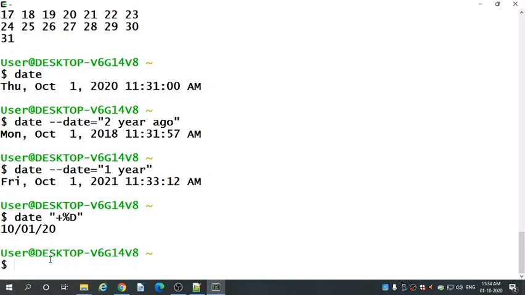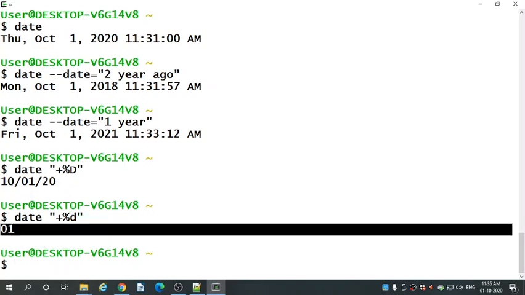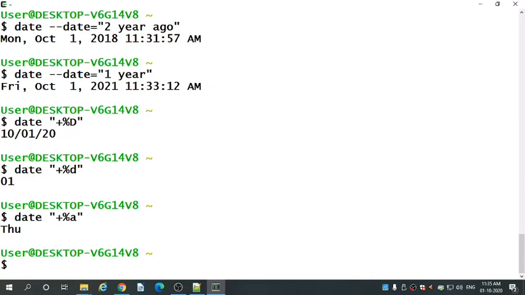Next you can type the date command, then in double quotes plus symbol, then percent and small d, and this is only the day. If you type small d, it gives you today's date. Next, you can change it to small a, and this is about which day, Thursday, Friday, Saturday.